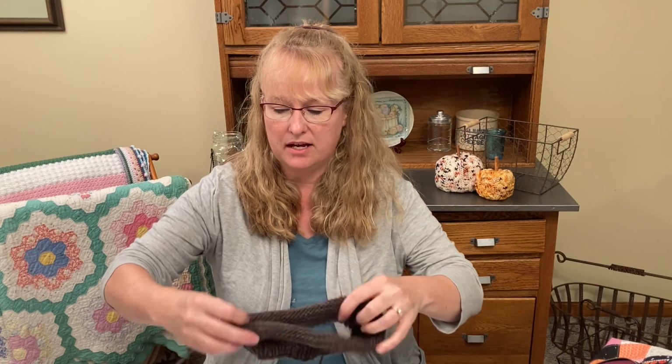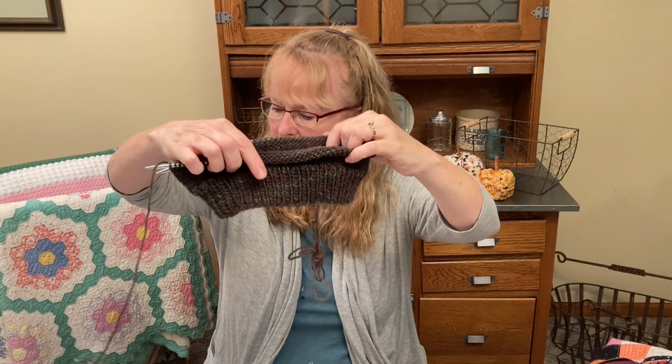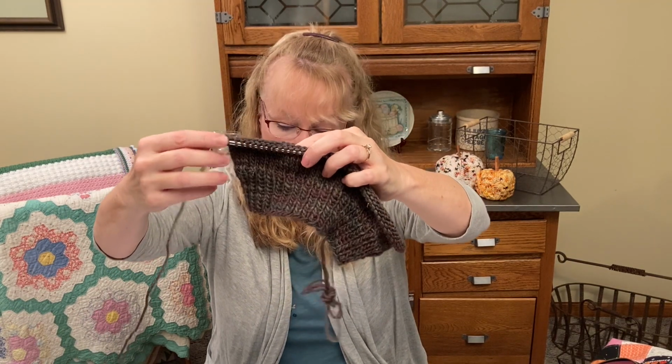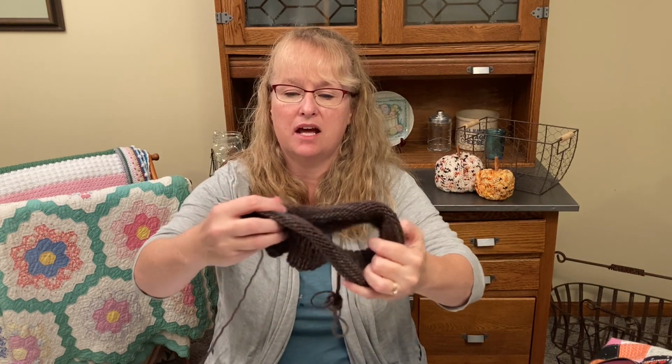Let's see. I'm trying to think. The last 3 works in progress, I believe, are all new things that I haven't shown you. So I cast on a new hat yesterday. And here it is. This is, it's just called Beanie by Nice and Knit on Ravelry and on their